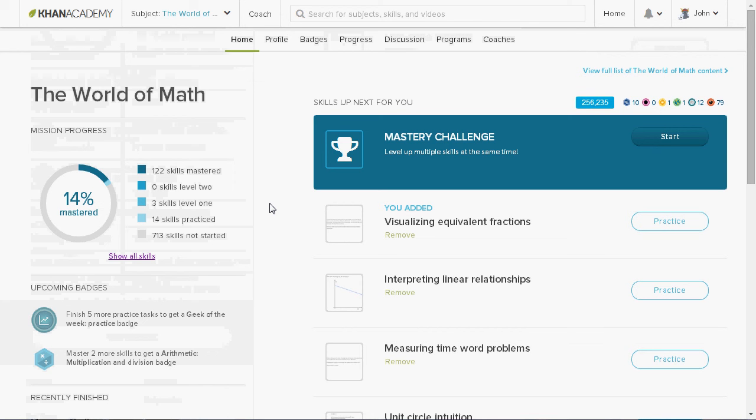Black hole badges, which it doesn't actually tell you what these are for, which is really annoying, because I'd really like to be able to work towards them, but my guess is that these are rewards for doing something really